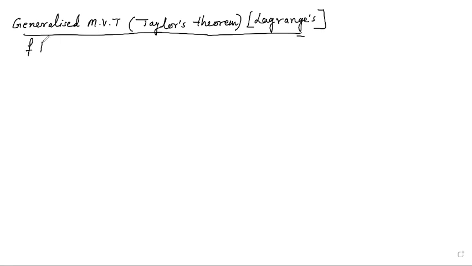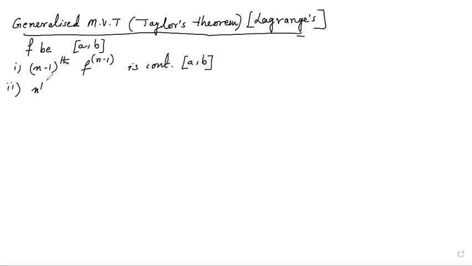So now here is how the statement goes. If f is a function defined in the closed interval [a, b], and the conditions say that if the (n minus 1)th derivative of the function f, that is f^(n-1), is continuous in the closed interval [a, b], and the nth derivative of the function, that is f^(n), is derivable in the open interval (a, b), then there exists a point c, which obviously lies between a and b, such that we can write